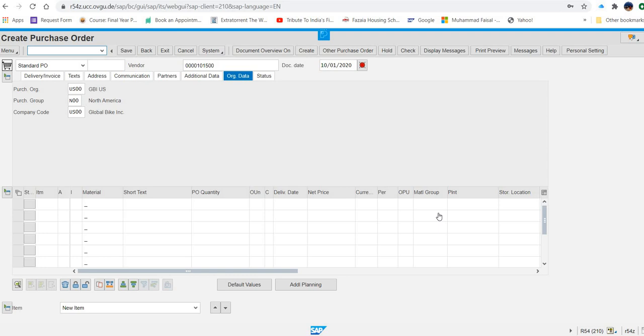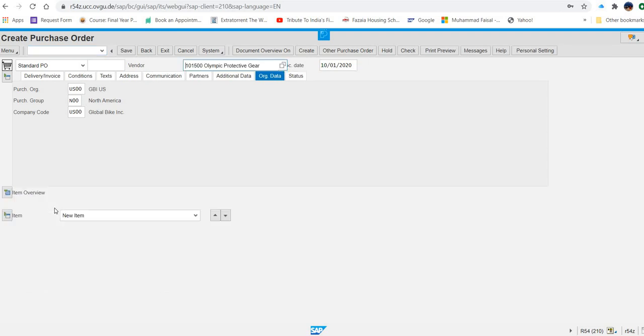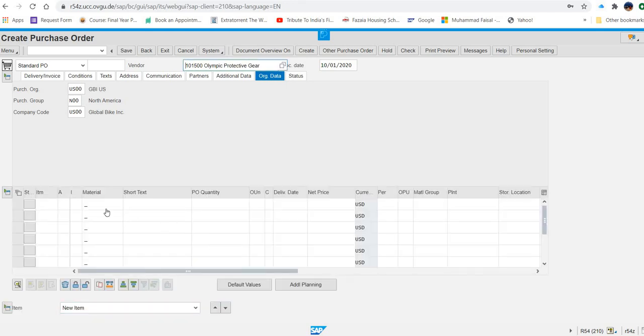Now what next are they asking us to enter? We have to go to the place where we can enter the item, the price and the quantity of that item. So we have to go here. Sometimes it looks like this, so you have to expand it and have this screen, because here in the material field you will type the material number.